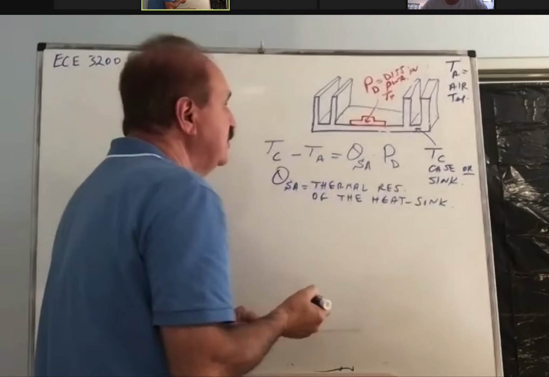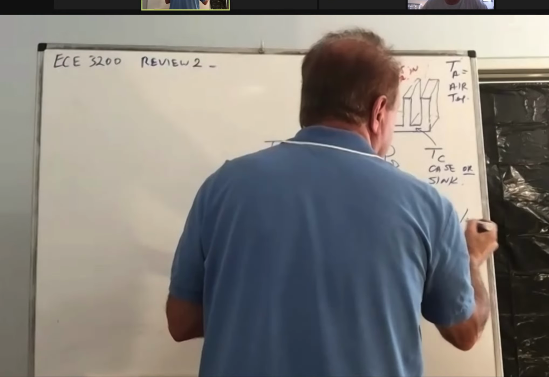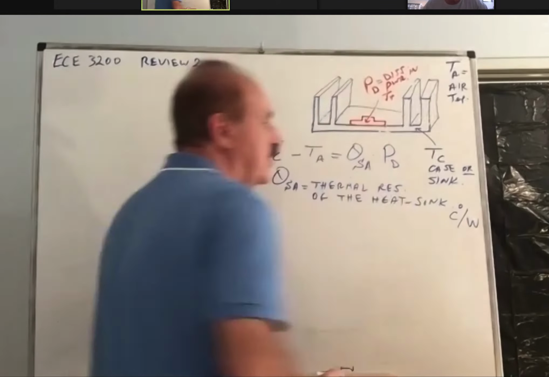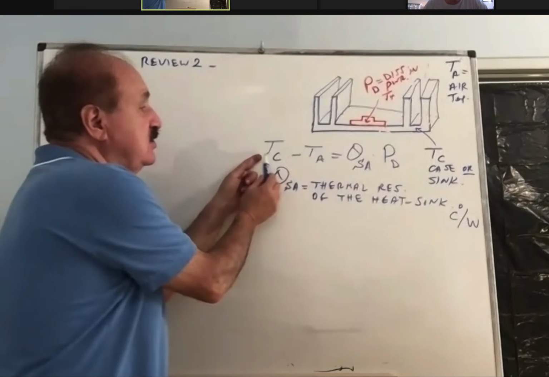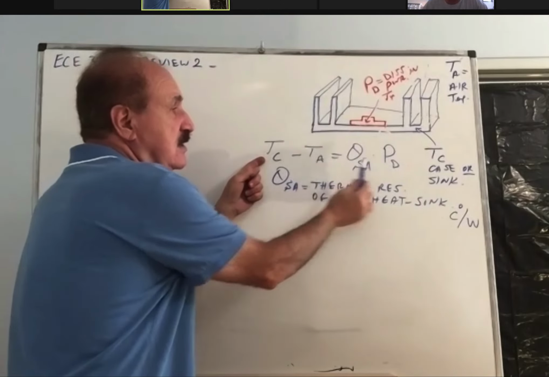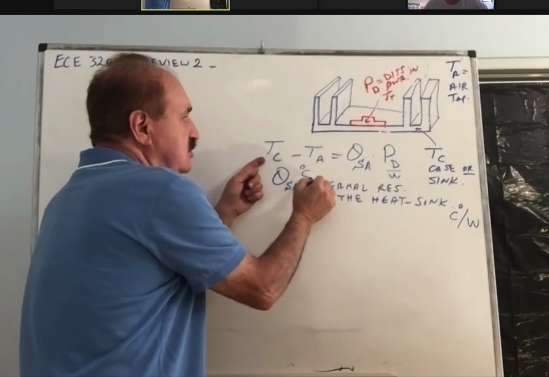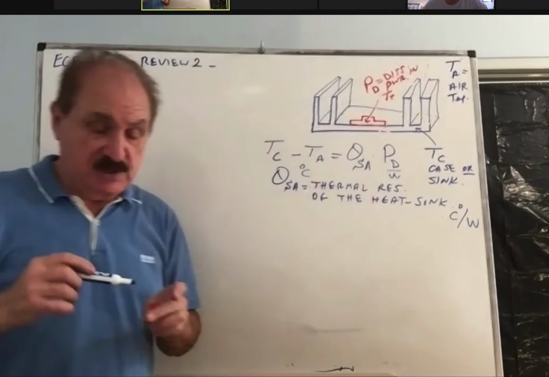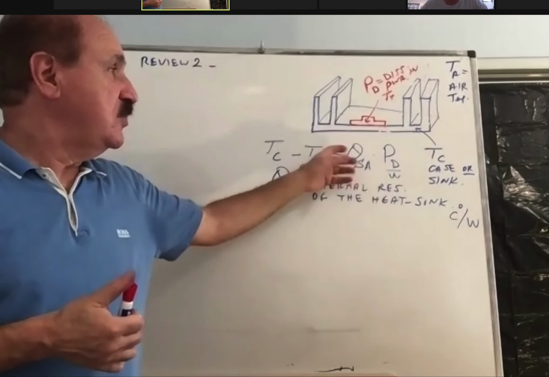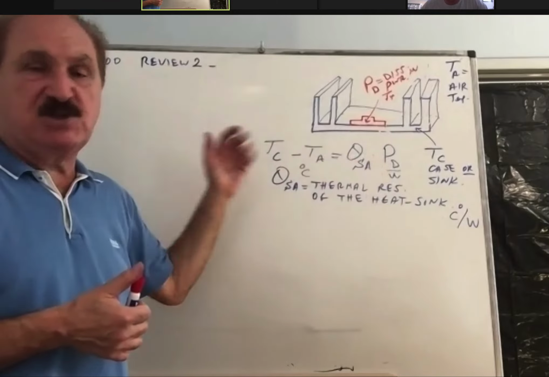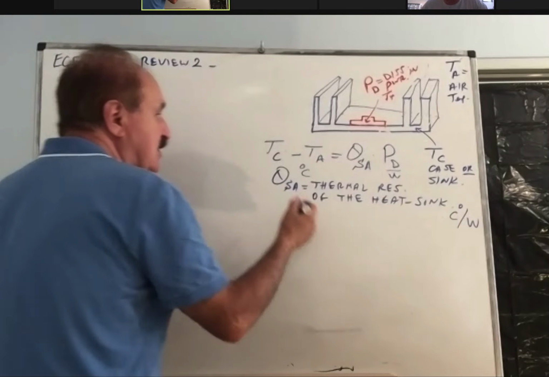You buy that. The unit of that one is degrees C per watt, which should match the equation, because on this side of the equation you have degrees C, on this side you have watt, this is degrees C. So the unit of thermal resistance should be degrees C per watt. So when you multiply, it just leaves C matching the C. So theta SA